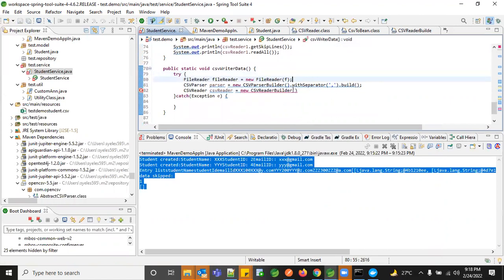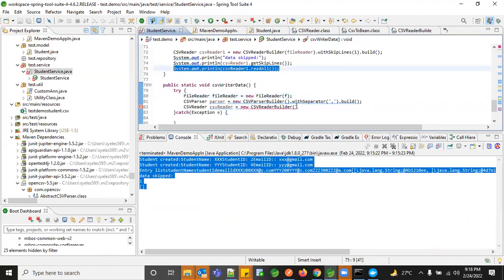Instead of reading the entire data, we are parsing it with this comma operator. This is similar to your reader only.